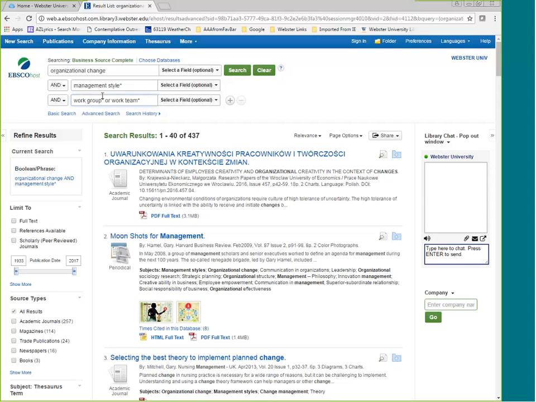When I type them together on the same line, it does that part of the search first. It applies the OR and looks for either of those, and then goes back and grabs my other two terms.